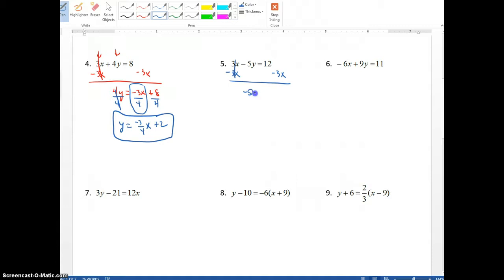I bring down my negative 5y equals negative 3x plus 12. But now I have to go and divide everything by negative 5. y is all by itself, equals this fraction here. Although 3 is not divisible by 5, you have to see that you have a negative divided by a negative. So although we're going to keep it in fraction form, a negative divided by a negative turns into a positive. So we're going to write positive 3/5 x plus,